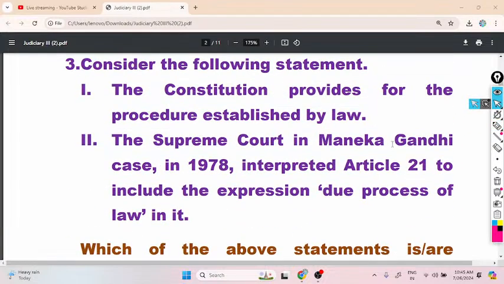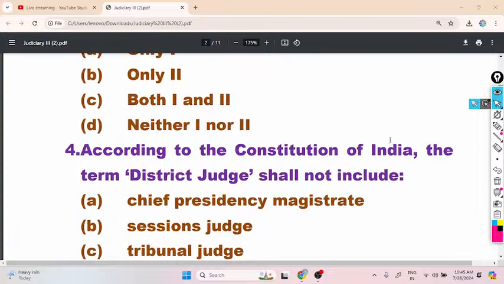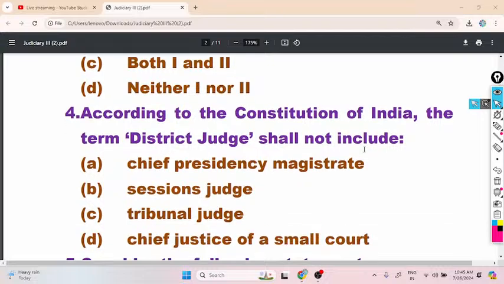Both 1 and 2. According to the Constitution of India, the term district judge shall not include... District judge includes chief presidency magistrate and session judge; tribunal judge is not included under the definition of district judge. Article 233